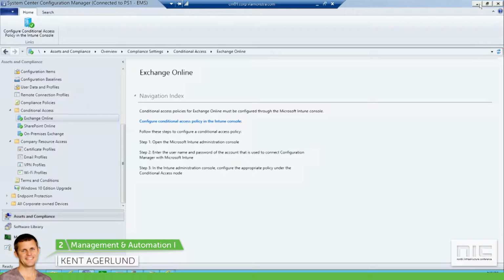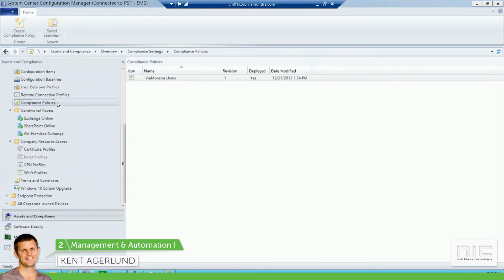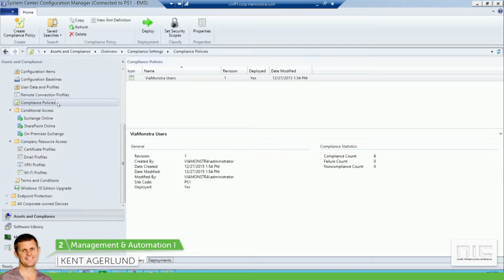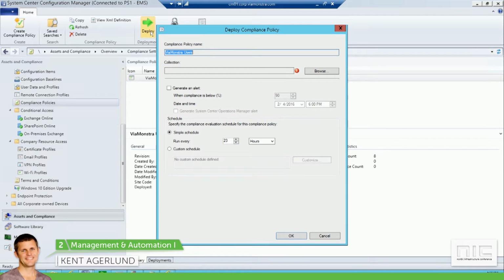So now I have my Exchange Online configured. I do have my email profile deployed. The next thing I have to do is my compliance policy. So my compliance policy is a little like a security policy, except that where a security policy is something you apply on a device, then what you will do in here is